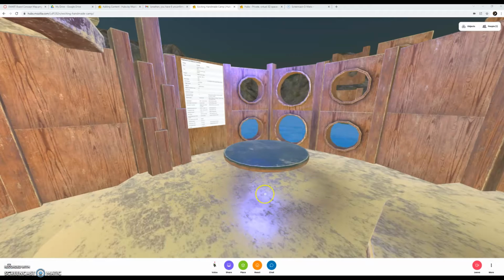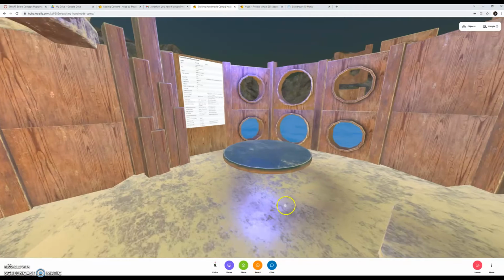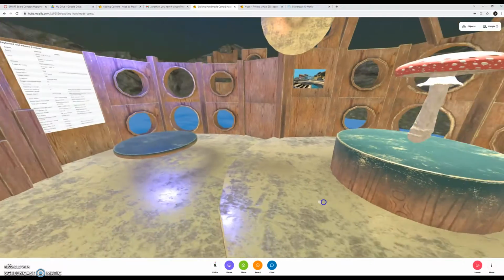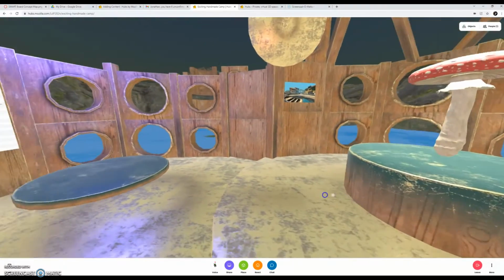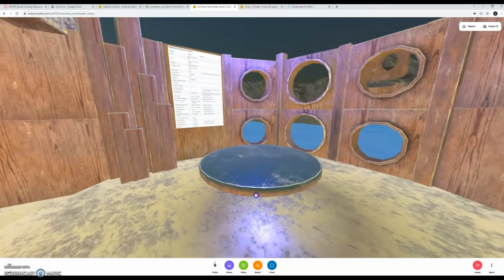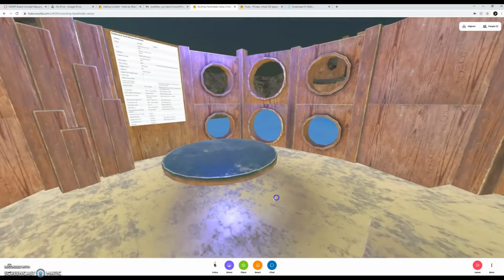Hi everyone. I'm just going to give you a quick walkthrough on how to use Mozilla Hubs. So I'm in a scene right now, and I'm not sure what this one's called. I think it's called Modular Classroom. If you go to hubs.mozilla, you can instantly start your own scene and then change scenes from there, or you can save your own